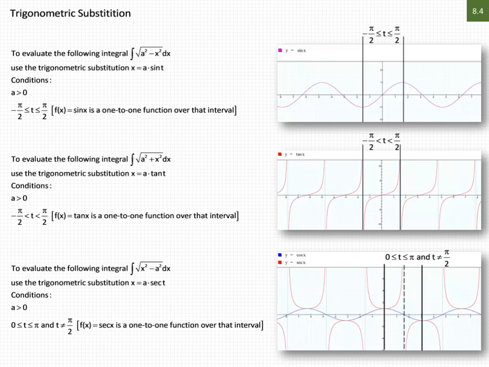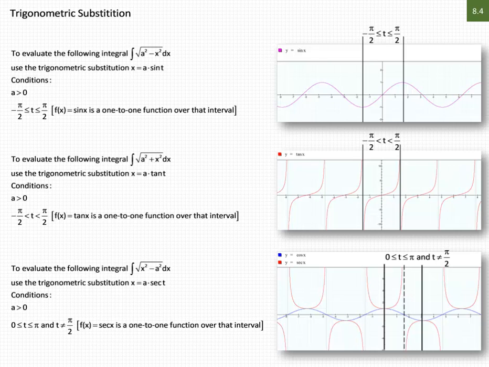When the integrand is or contains the square root of a constant squared minus x squared, use the trigonometric substitution x equals the constant times sine of t, where t is between minus pi over 2 and pi over 2 inclusive. When the integrand is or contains the square root of a constant squared plus x squared, use the trigonometric